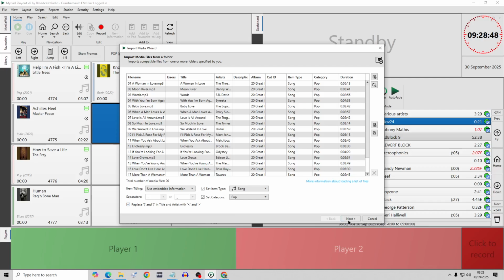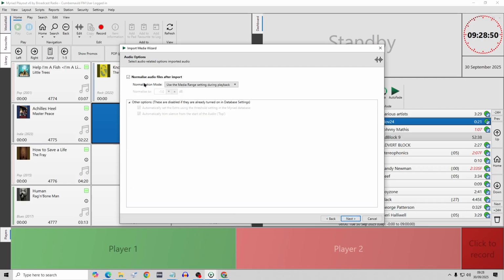So the following screen should have been this one, right? So normalise the audio files after import and change this. So this drop down menu, use peak normalisation. Okay, and leave that set at -1. So just change it to peak normalisation,